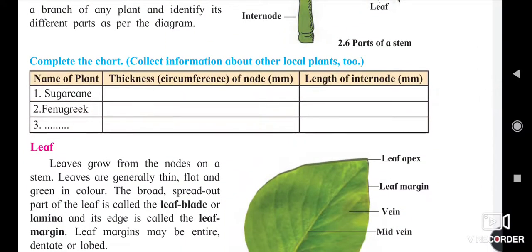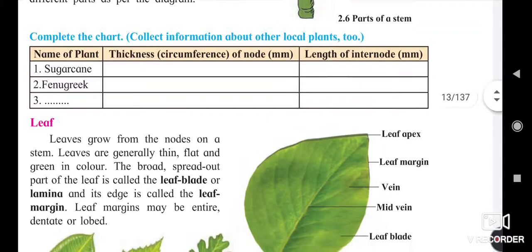Here we have a table with the different plants and the thickness of the node or stem and the length between the internodes, which we have to complete in this activity of getting information about the plants.